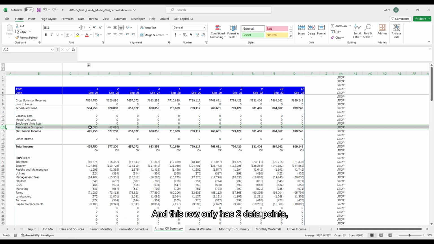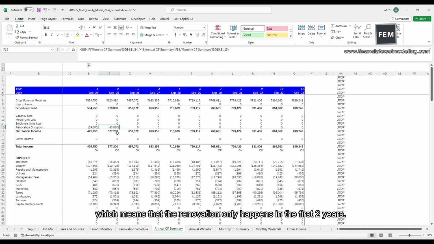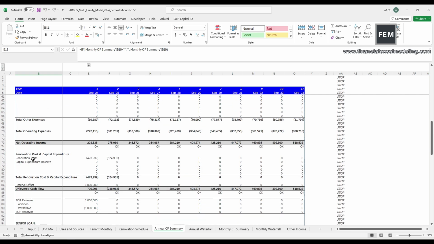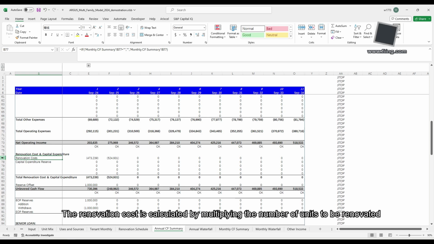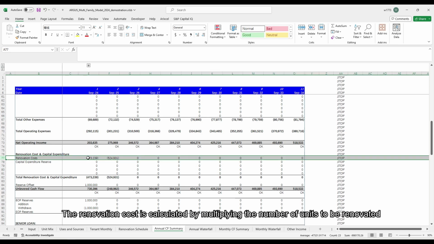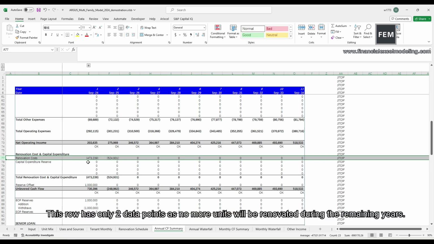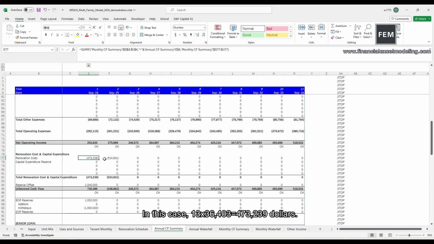And this row only has 2 data points, which means that the renovation only happens in the first 2 years. Then we can see the renovation cost under the renovation cost and capital expenditure section. The renovation cost is calculated by multiplying the number of units to be renovated in the first year by the renovation cost in the first year. This row has only 2 data points, as no more units will be renovated during the remaining years. In this case, 13 units times $36,403